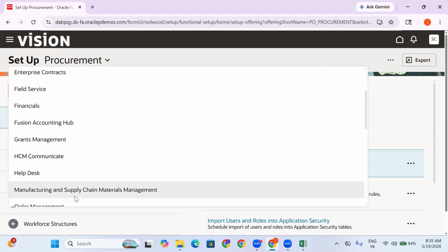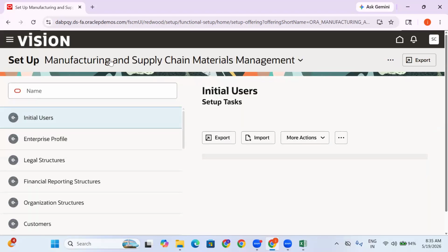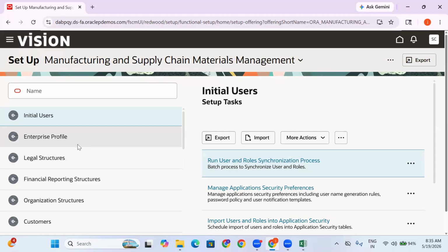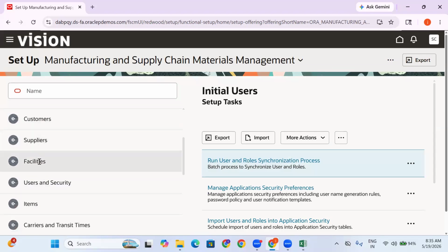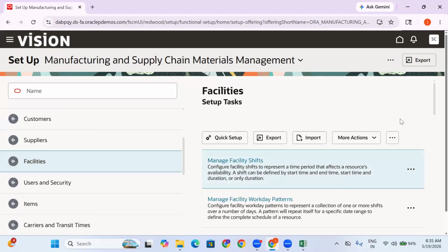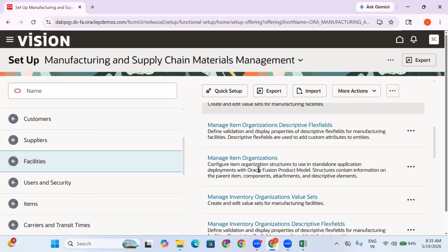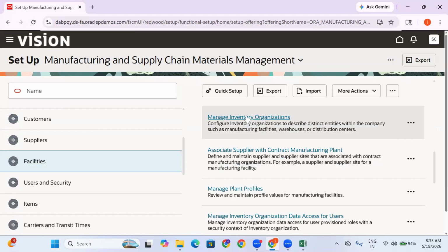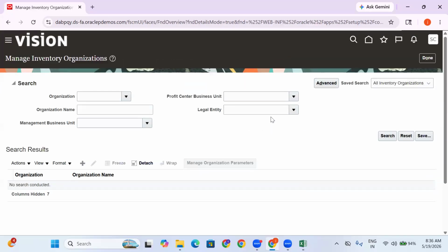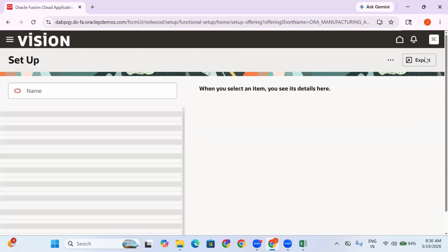Selecting here, what is our module? Manufacturing and material management, where we created our setups. Under that, what is the functional area? Facilities. Under facilities, the same task, manage inventory organization. The look and feel is somewhat big in size, so if you click on this, you are connected to the normal classic page. If I want setup and maintenance totally in the classic page for my practice,